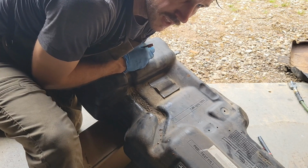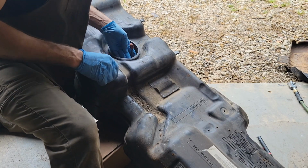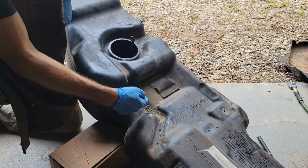There we go. Nice satisfying little click. Golly. Alright. Now we're ready to put that back together. I'm going to use a vacuum here instead of compressed air. I don't want to blow these little...